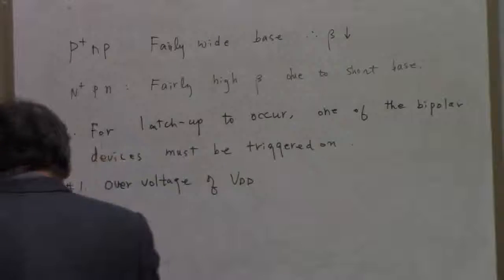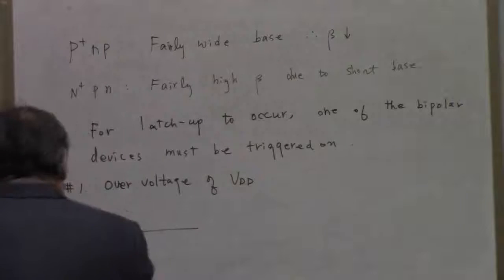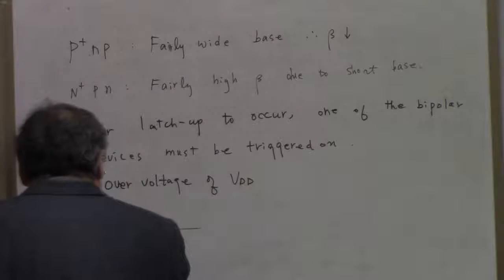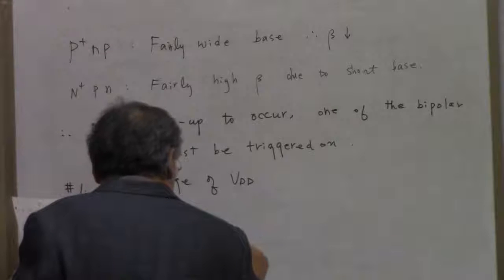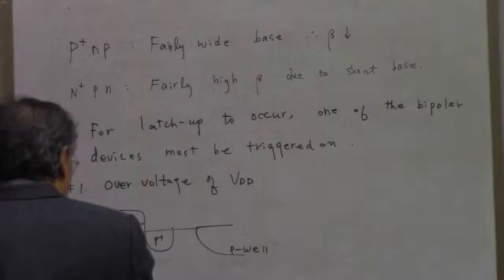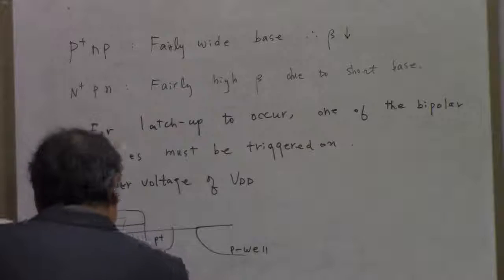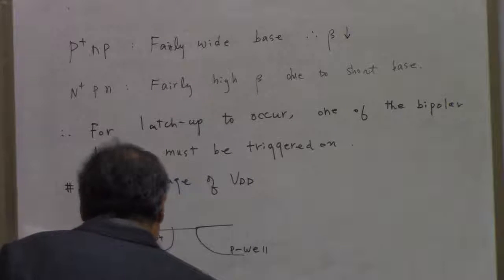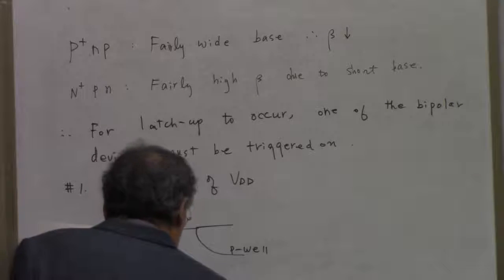If you have here the P plus and P plus, and then you have a P well, and then if you have over voltage, this avalanche breakdown occurs